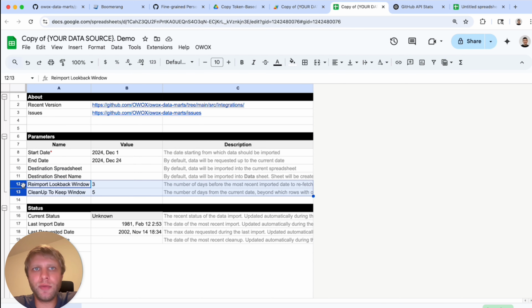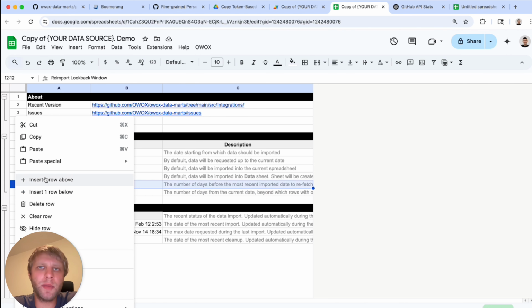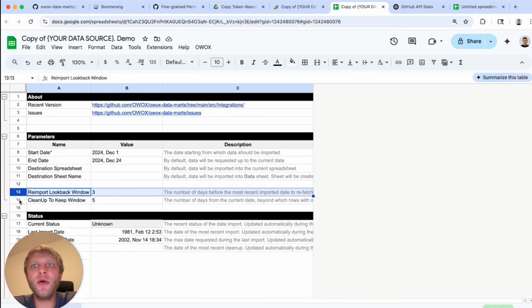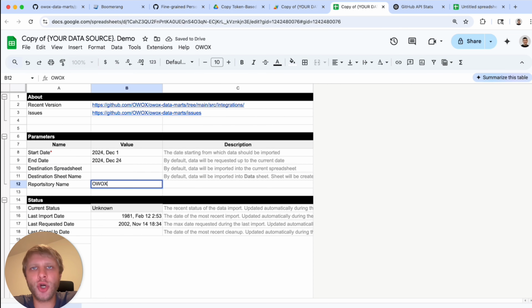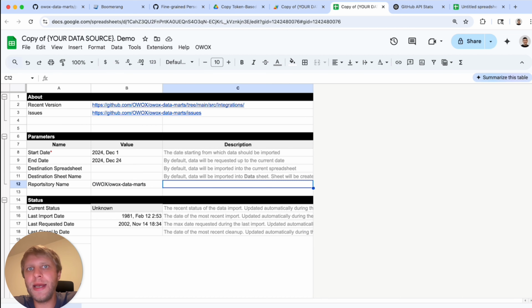So basically, we need to remove the unnecessary rows from the parameters here and add the ones that we need. For example, the repository name. I'll also place the value right here, OWOX/OWOX Data Marts, and give this parameter a description: name of repository where we fetch data from. We'll later on need to make sure that the connector script reads from this sheet and